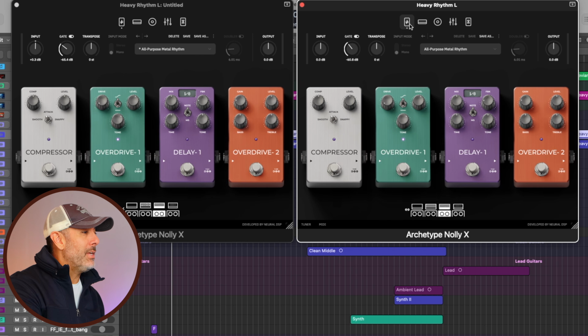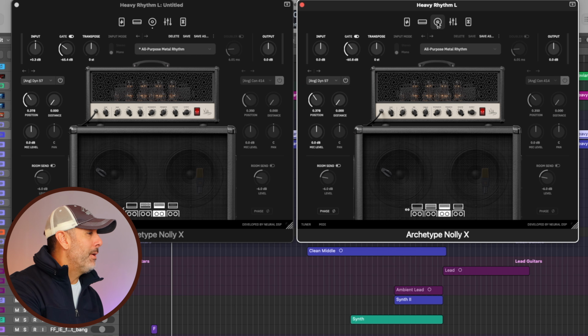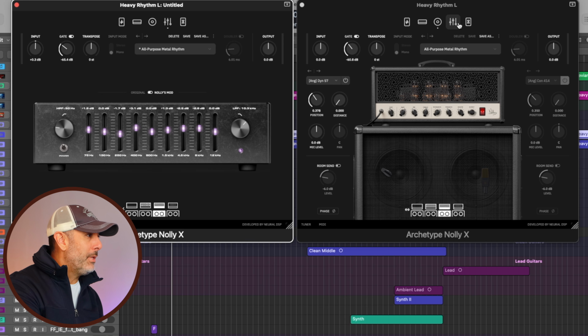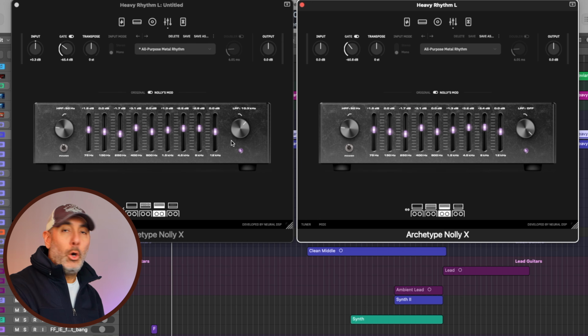As far as the pedals in the plugin itself, I kept the overdrive pedal, which is basically a simulation of a Tube Screamer, I think. And I did not change the settings from the original at all. Same thing can be said for the cab. I changed nothing there. And the EQ that's built into the plugin, I did add a low pass filter